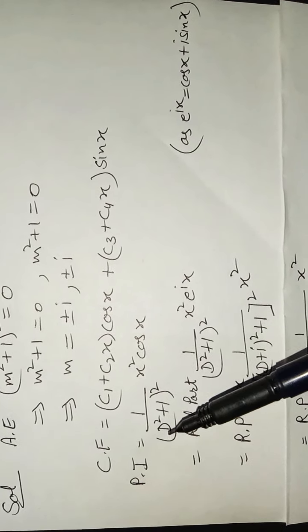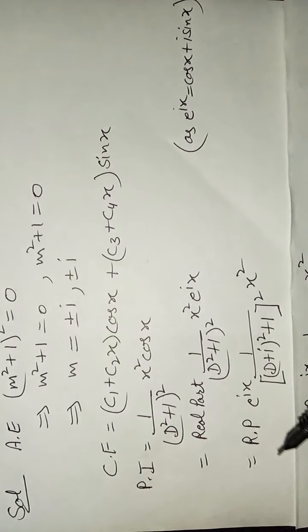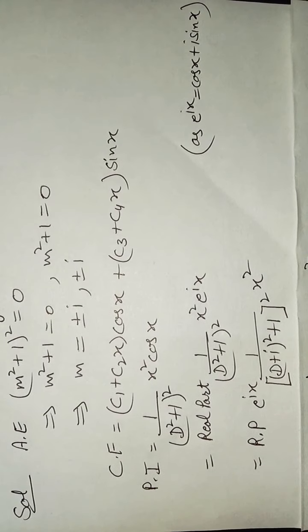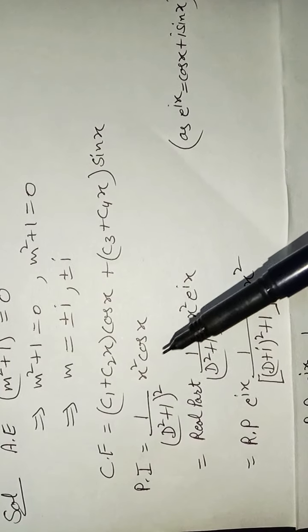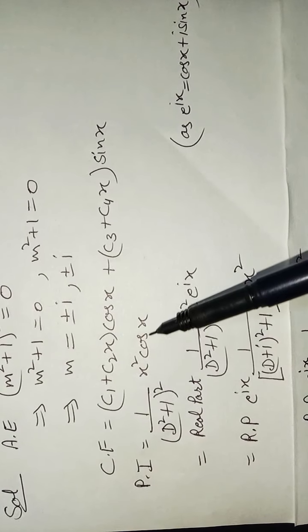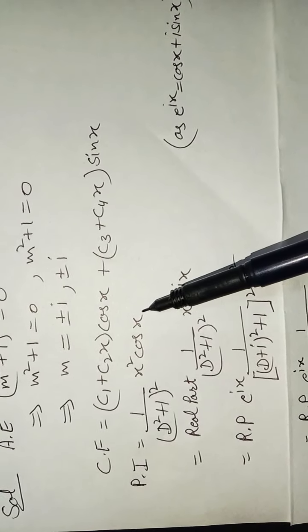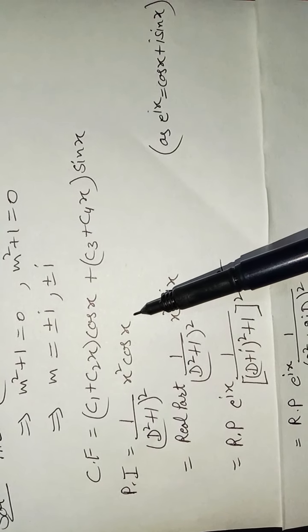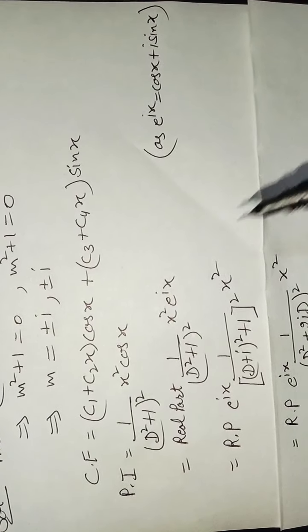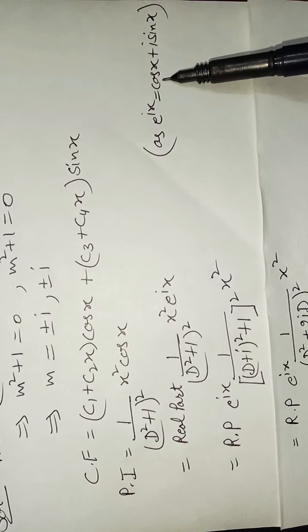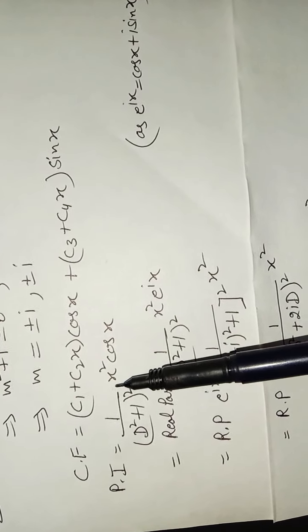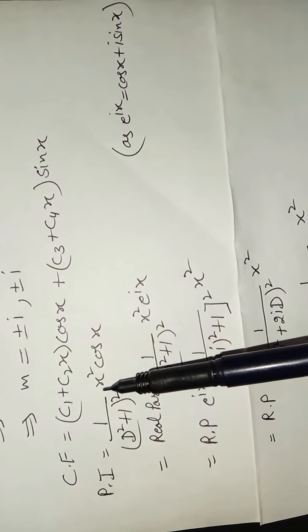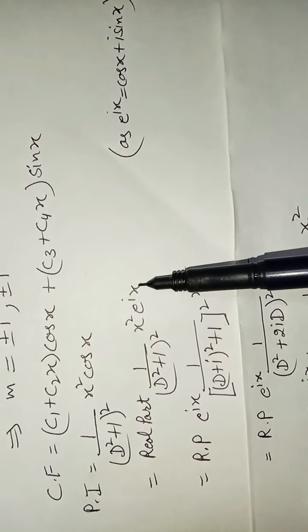Now we calculate the particular integral part. For the particular integral part, we are not using the method or the formula of xV. We use a different method. In place of cos x, it can be written as the real part of e raised to the power iota x, because e raised to the power iota x is nothing but cos x plus iota sin x. Because cos x is here, this can be written as the real part of x squared e raised to the power iota x.